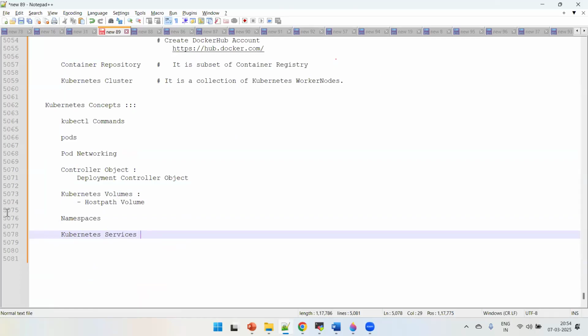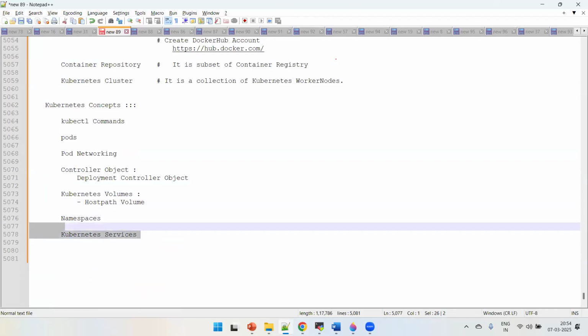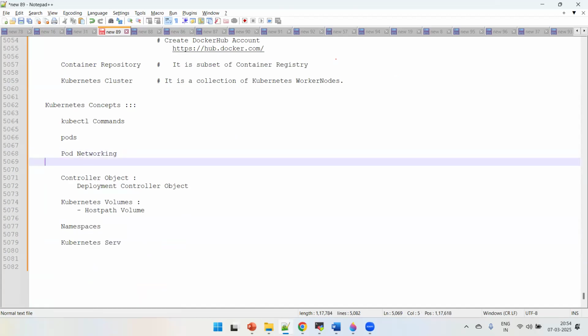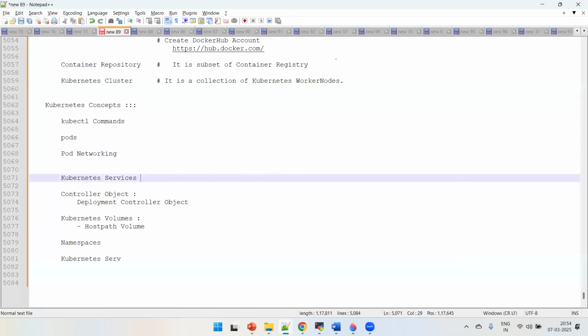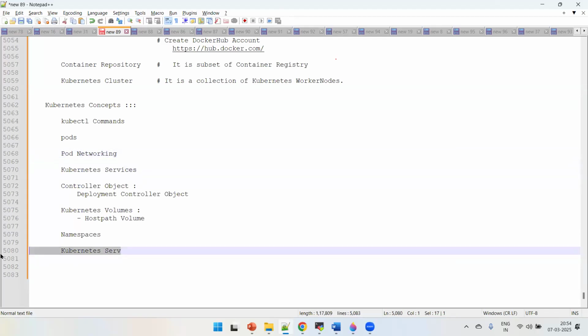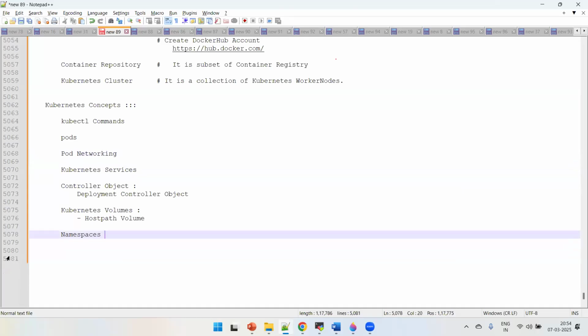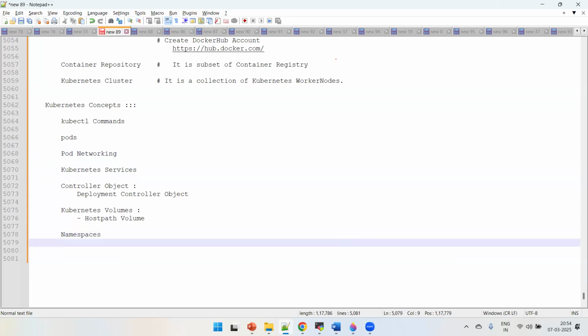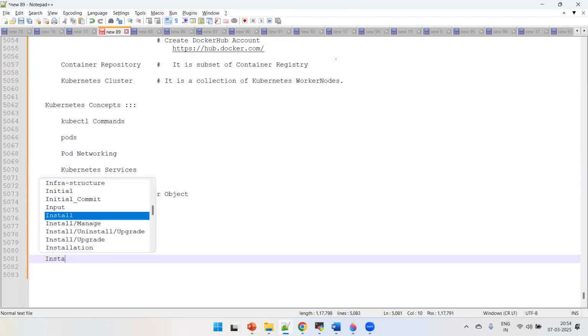Okay, while working on pod networking and other things, we'll be discussing services. From there, we'll be learning about the Kubernetes controller objects next. So these are all the topics we are going to cover as part of this module, with a demo. But before you work on this demo, we'll be focusing on the installation